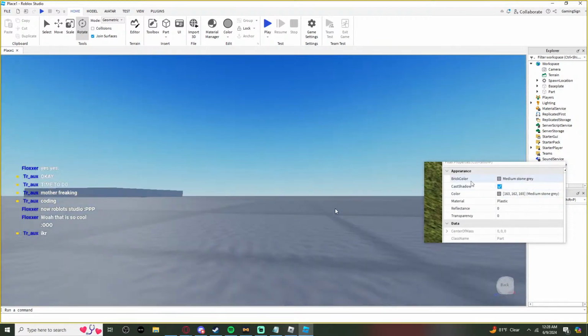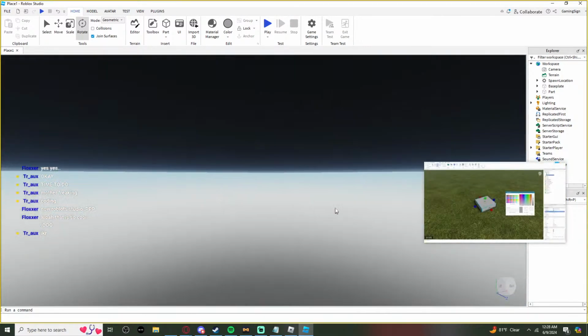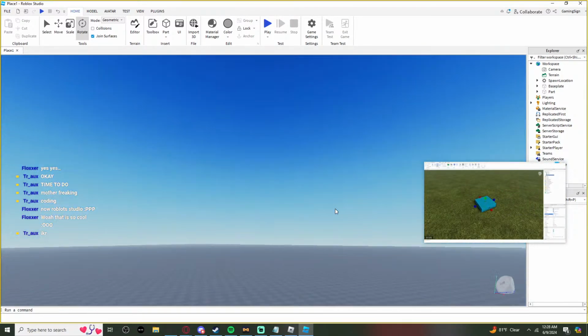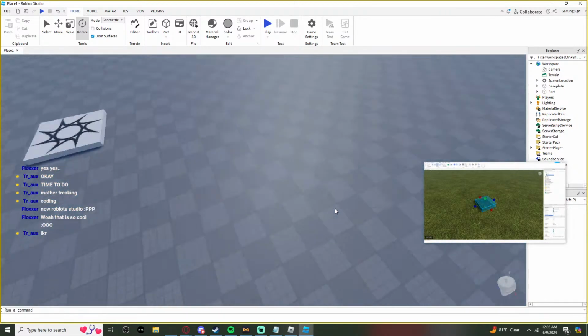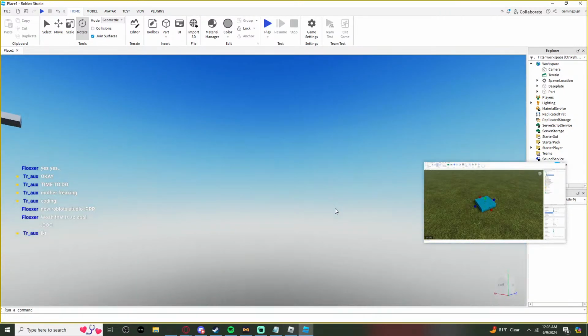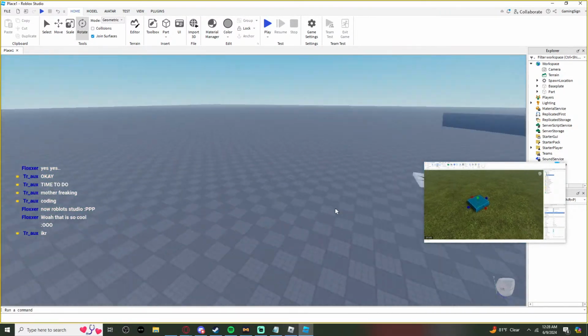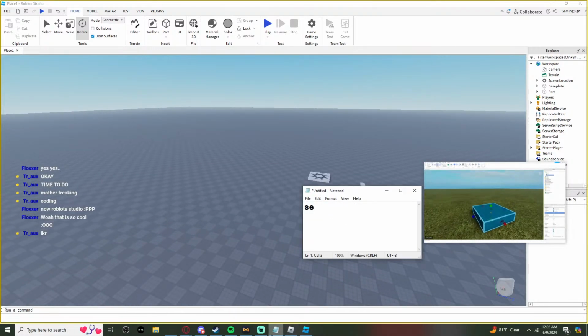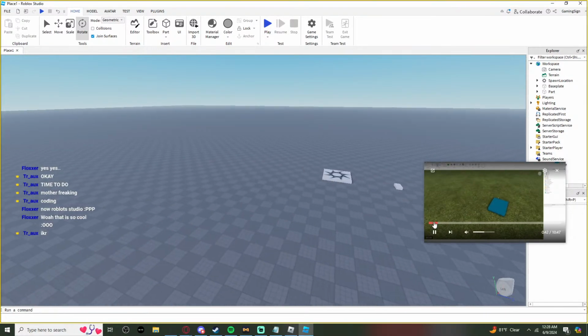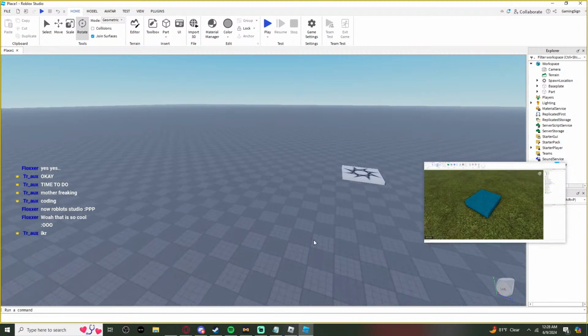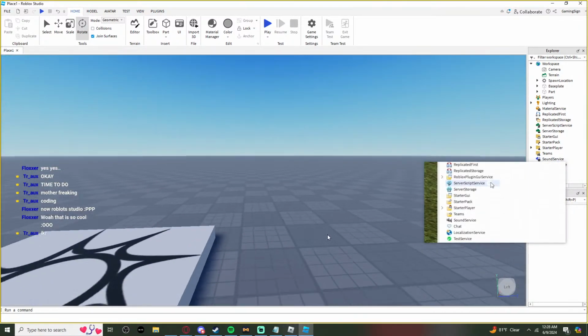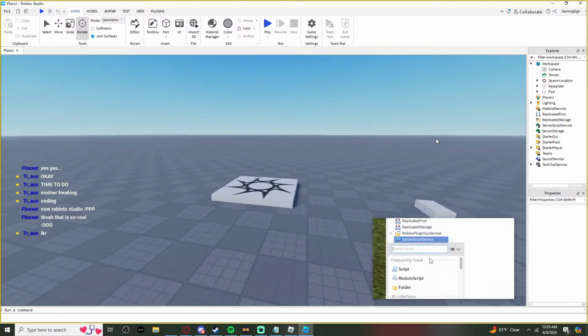We've got properties which change the colour of a part, properties that change its transparency, material properties, loads of different properties which change how this part looks and acts. Now these properties are very important. It's very simple. So if we go into the server script service, this is where we're going to put our